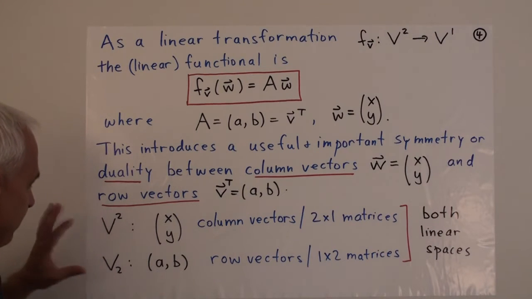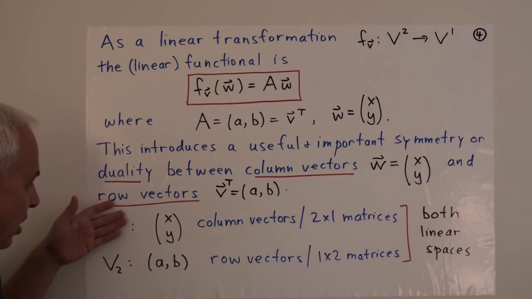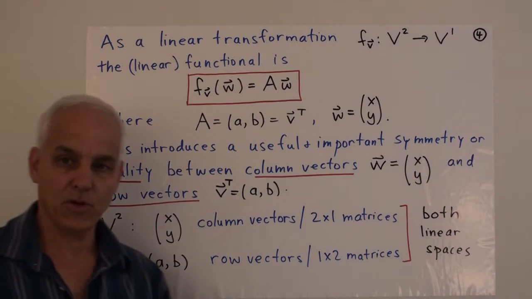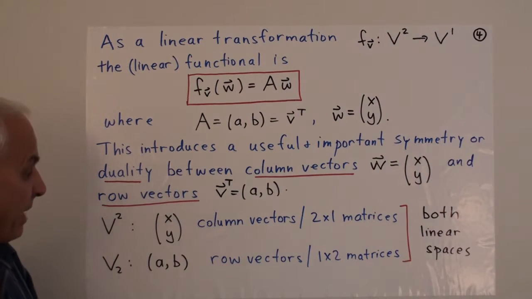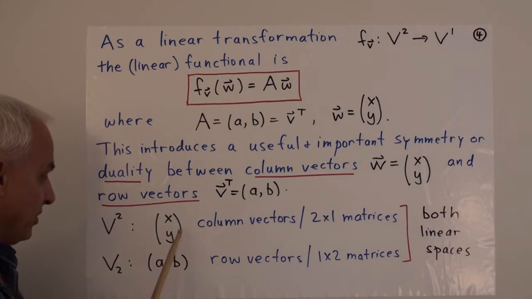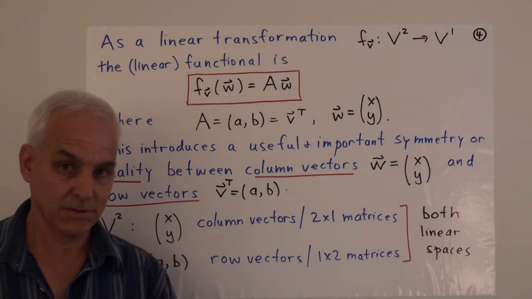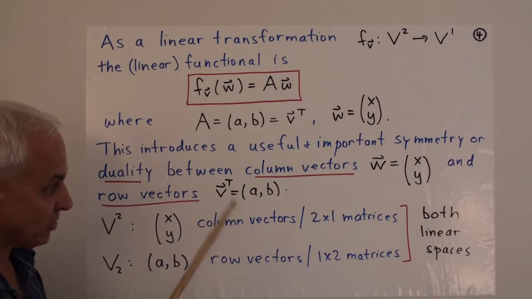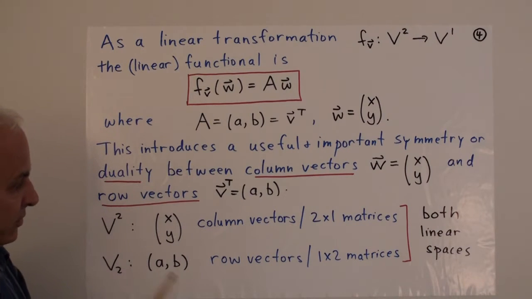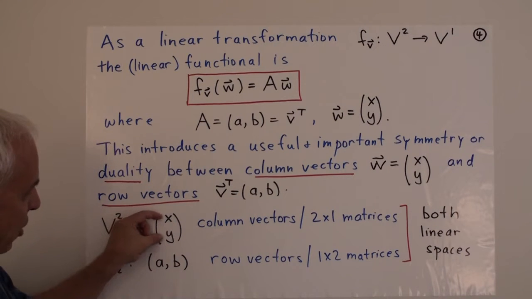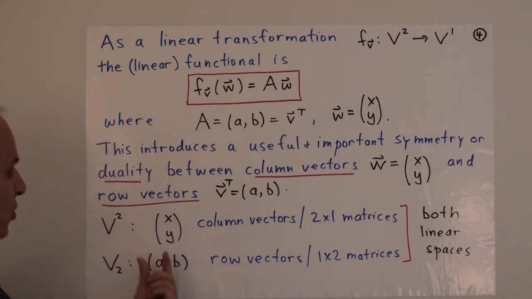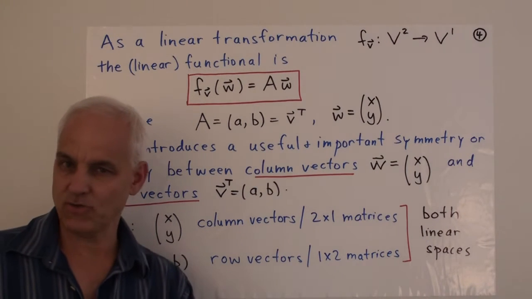This would make our situation a little more symmetrical between column vectors and row vectors, so that there wouldn't be a preference for one over the other. These are both linear spaces. We can add these kinds of vectors and scalar multiply them just as well as we can add these kinds of vectors. And this dot product that we've got here is really, in some sense, connecting these two spaces, allowing us to think of a column vector like this as being associated to the corresponding row vector, which is given by its transpose.